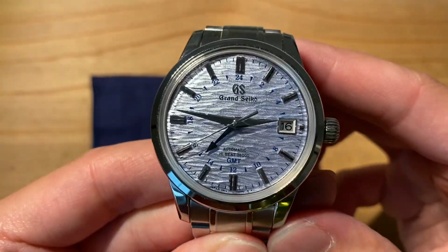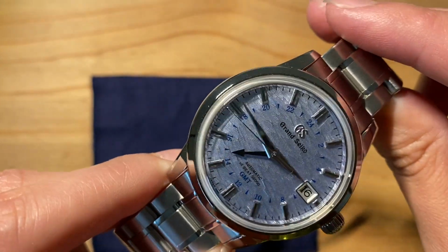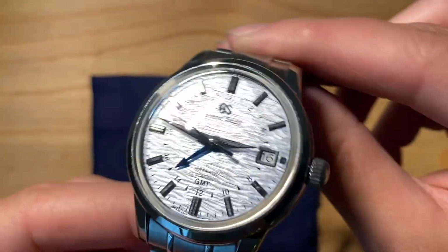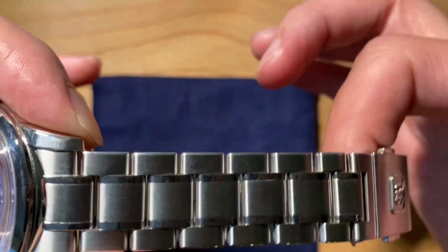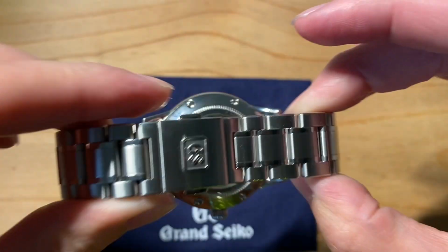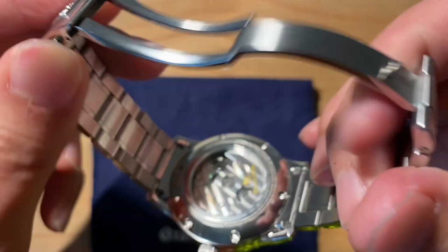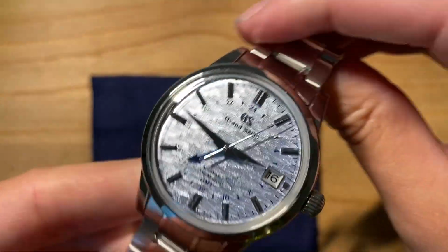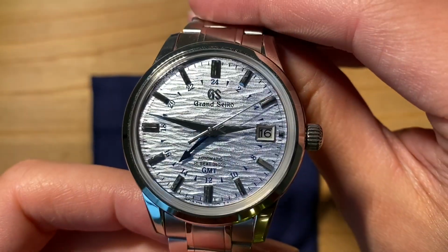What are the negatives? This is a 30-meter resistance watch, so you can't quite go into the water with it, while it does make you feel like you can. And it does sport a typical Grand Seiko bracelet and deployment clasp, and I've always found that while comfortable and competent, Grand Seiko bracelets just don't pack the punch that their case designs, dials, and dial finishing do,